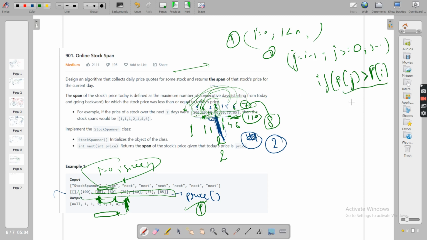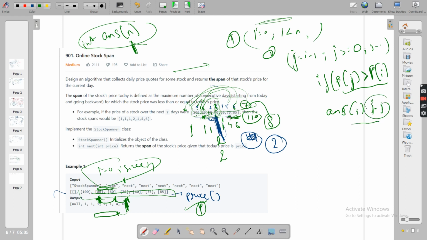As soon as you get a blocker, let's write an array, ans, an integer array of size n, which for every index stores the span. Right now we are calculating for I, so ans of I will be equal to I minus j. As you guessed, because we already did it earlier, for this 75 the blocker is 80. So index 5 minus 1, total 4 elements. So ans of I is 4, and you will break from here.